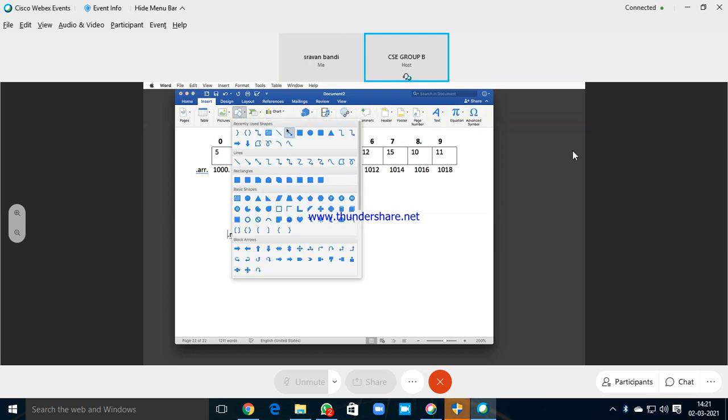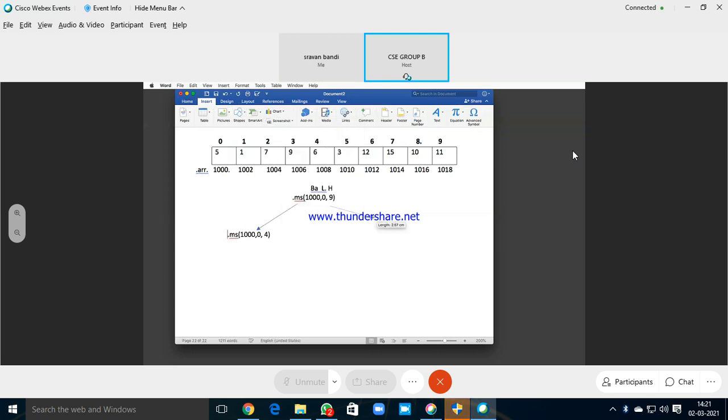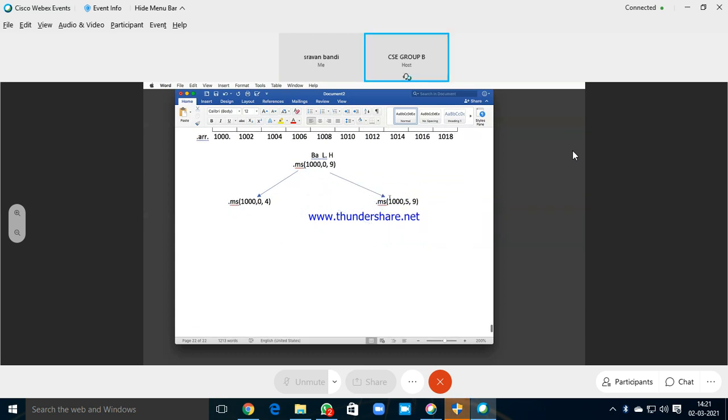And on this side we have one more half. This side will go from where to where? From mid plus 1 to high. So this side will not immediately go. Once we finish the left side recursion, only then we will come to the right side recursion.